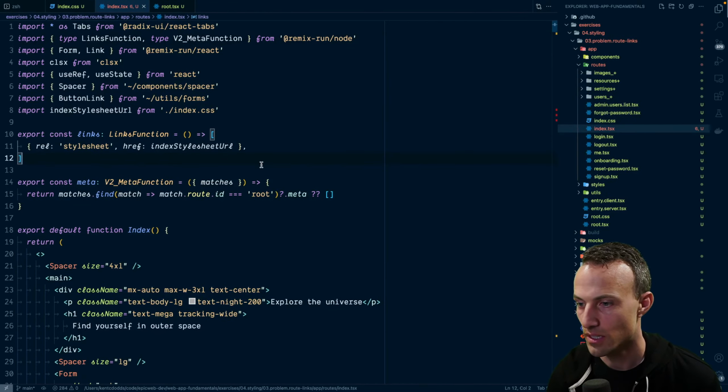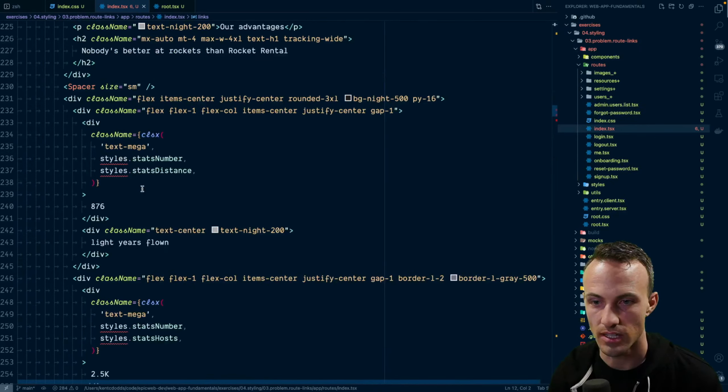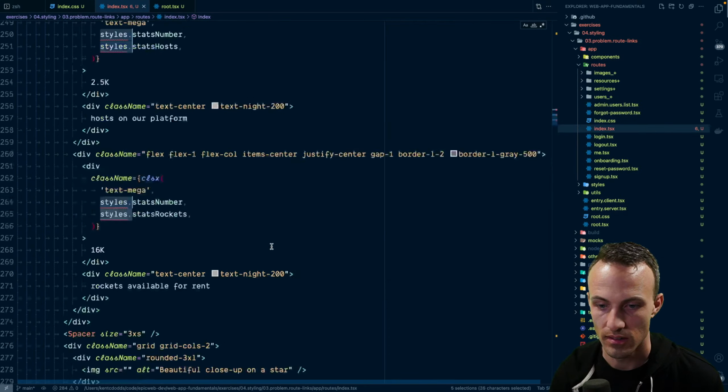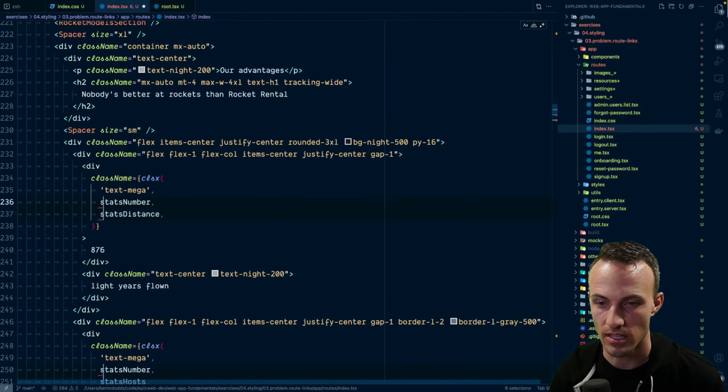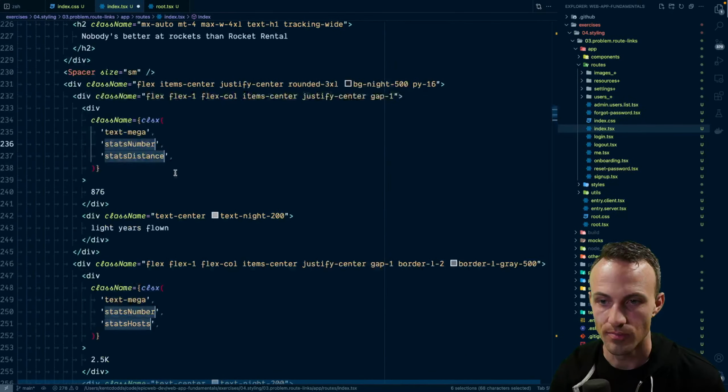Okay, cool. And then this is not styles dot yada yada. It is literally just that as a class name, which means we don't need CSX. And instead,